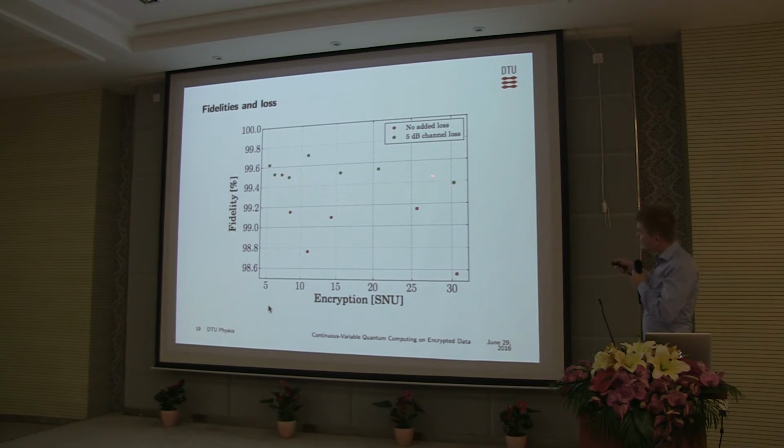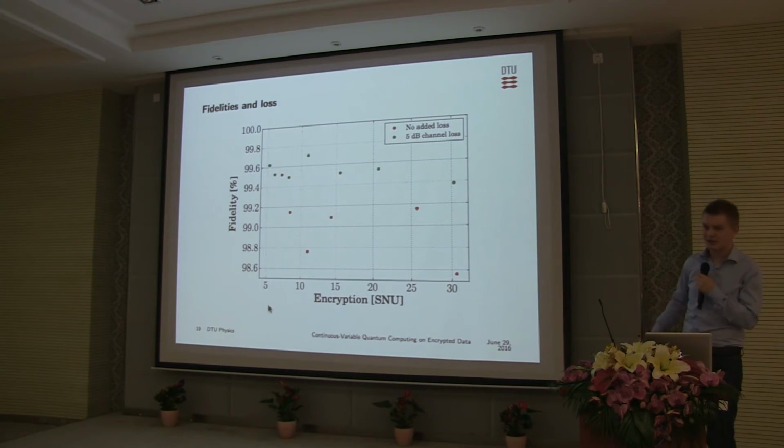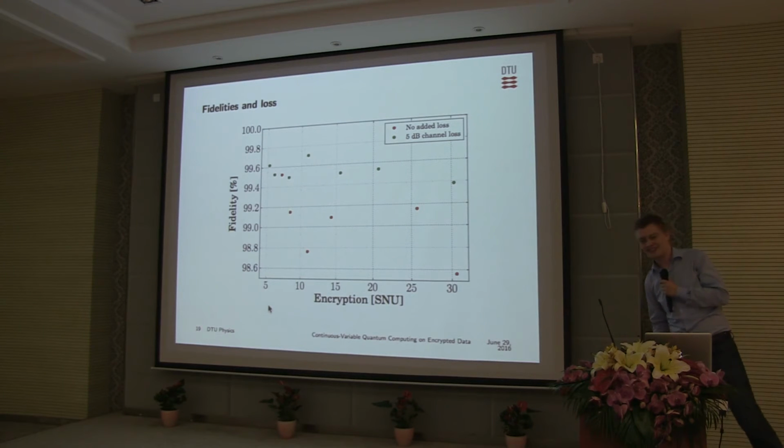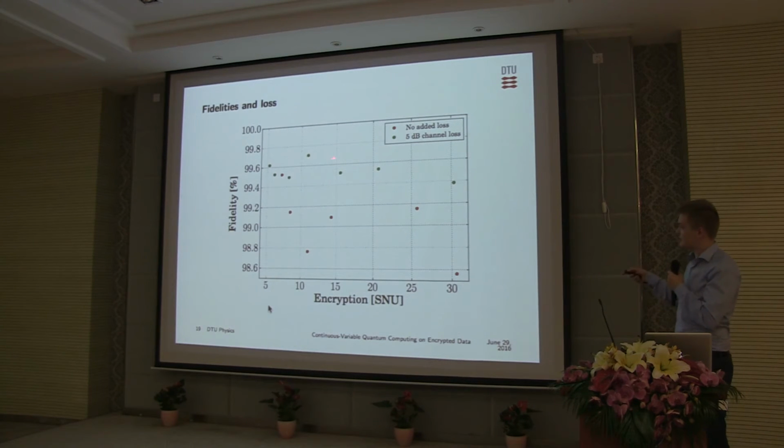And you see that the lossy one is consistently above, which is somehow interesting because it seems to indicate that if you have a very lossy channel, then you can actually perform better in terms of decryption. Because you should keep in mind, this is not the fidelity of the gate itself. It's only the fidelity of the decryption operation. This says nothing about how good the gate is. This I will show you in a moment, because this is actually what shows up in the SNR picture. This just shows you how good the decryption operation is.